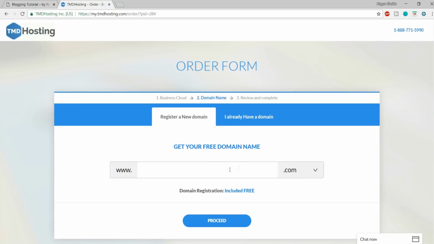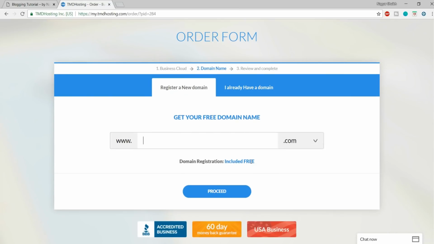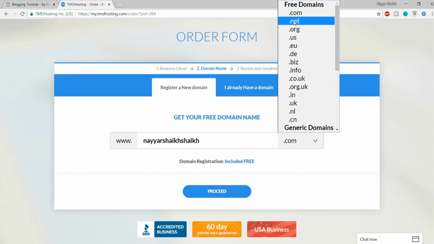Now here we have to enter the domain name that you want for free. So you can enter any domain name that you want for free. So for example, I can enter this name, and you can also select the extension if you want .com, .net. If you're creating this website for an organization, you can select